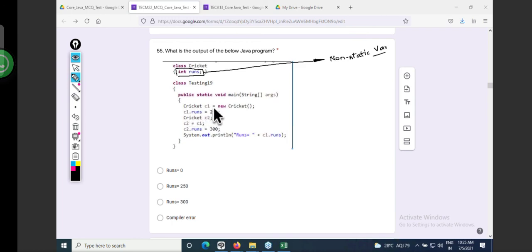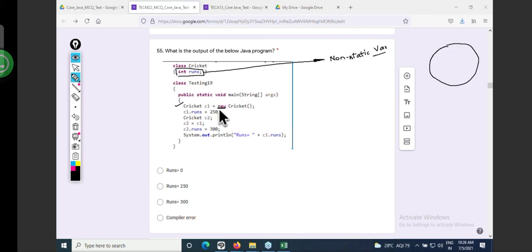Cricket C1, slow, very slow. Focus, very important. I am here in this line: Cricket C1 is equal to new cricket. First job of new: create an object.